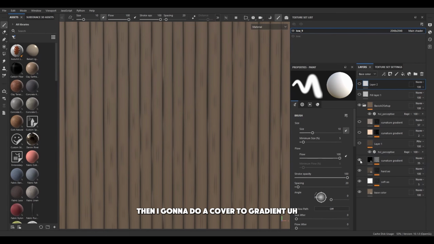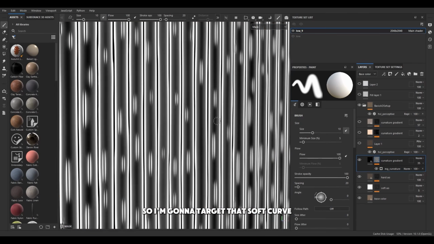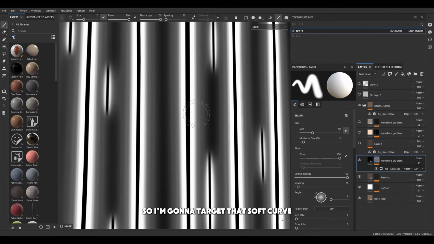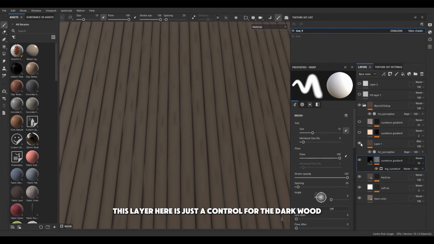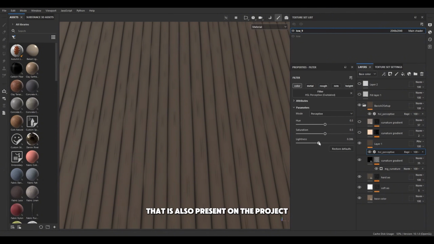Then I'm gonna do a curvature gradient, which looks like this. So I'm gonna target that soft curve that the high poly had, and this is gonna give it a little bit more roundness. This layer here is just a control for the dark wood that is also present on